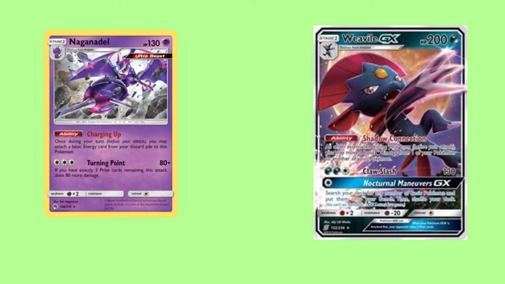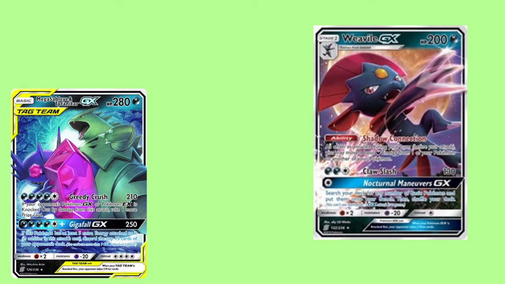Now, the decks that Weavile GX really works well in are called Dark Box decks. All the Pokemon in it, except for Naganadel, are going to be Dark-type Pokemon, such as Tableye GX here. I love including Tableye GX in deck lists like this with cards such as Weavile GX just for the